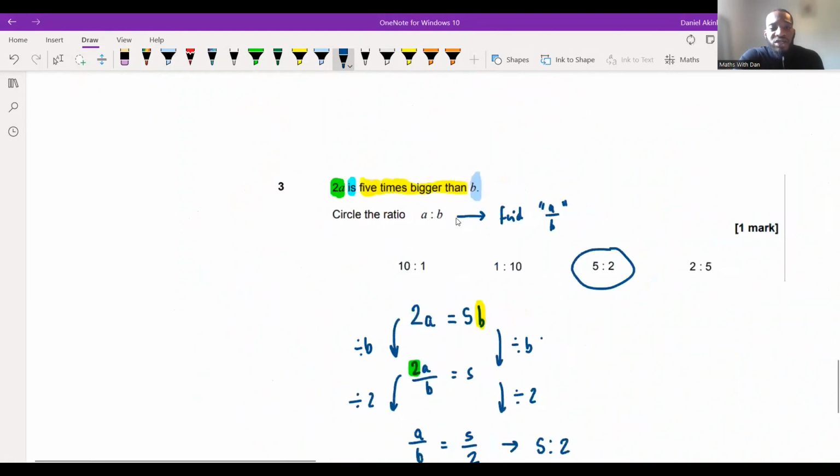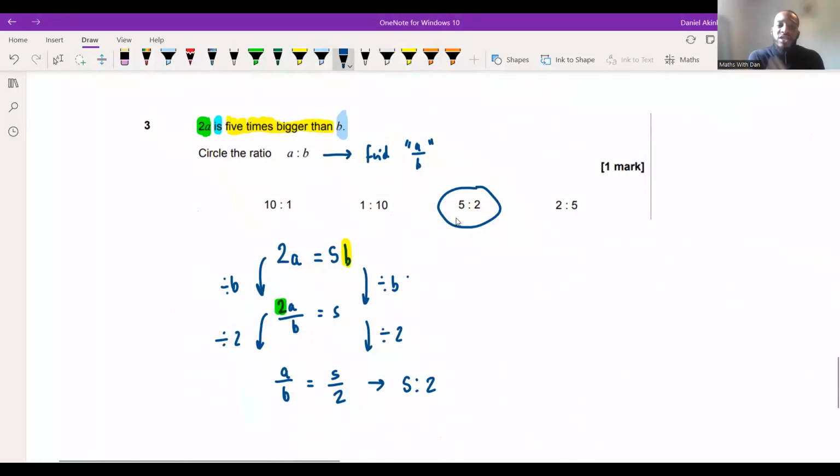Whenever you're doing these types of questions, if they give you an equation and they want you to find a ratio, you find the letters, right? For example, let's just say x is equal to 5y or something like that. And they say, find the ratio x to y. All you're going to do is figure out what x divided by y is. x divided by y is equal to 5, which we know is over 1. So this is just going to be 5 to 1, stuff like that. Is that clear, guys? Yeah?